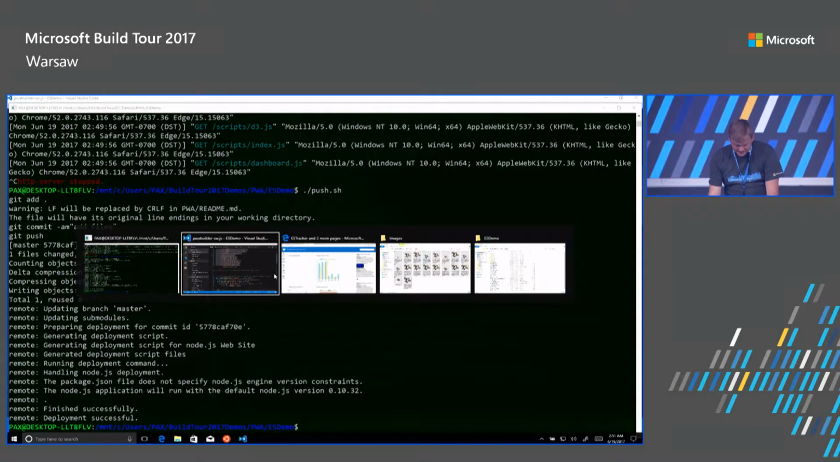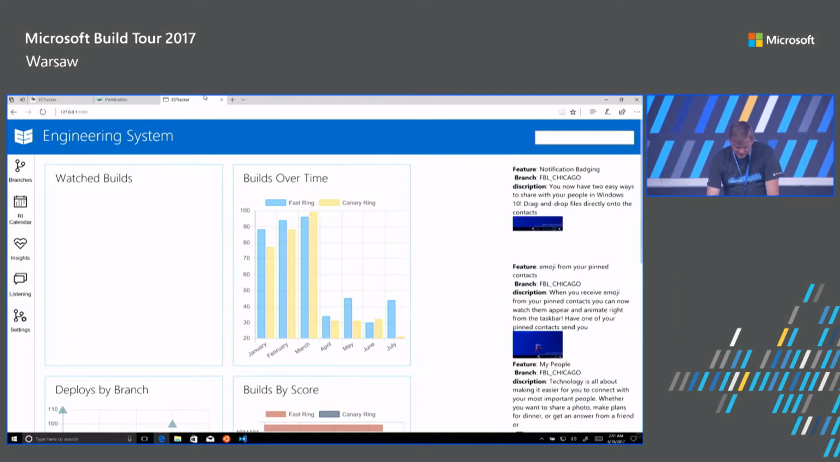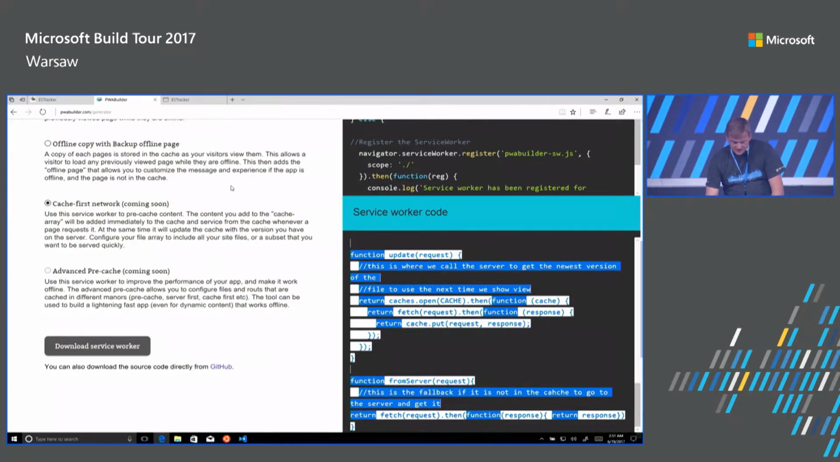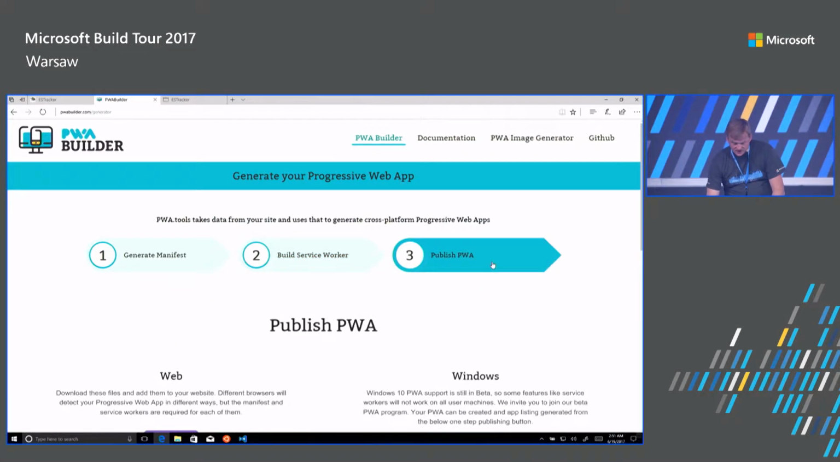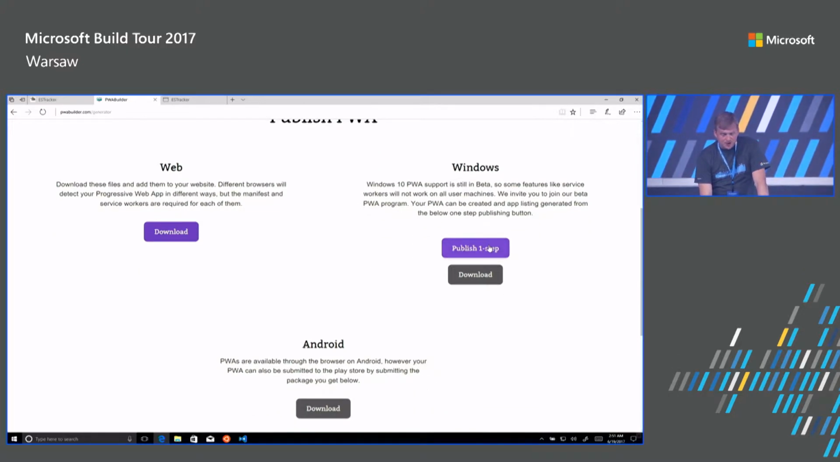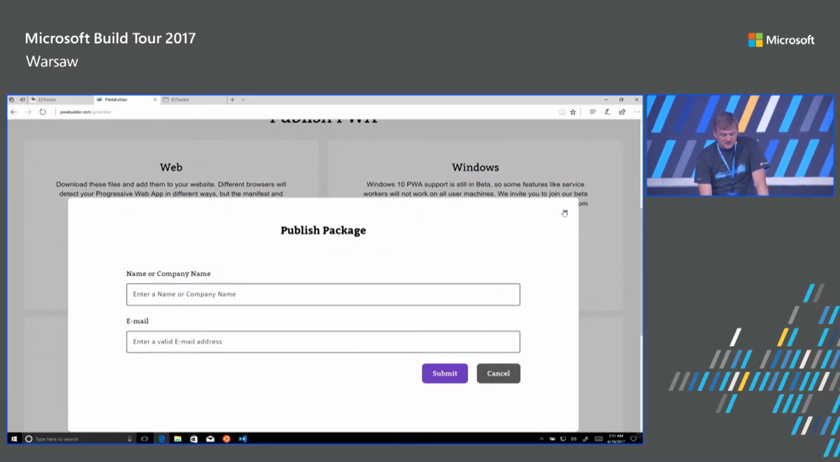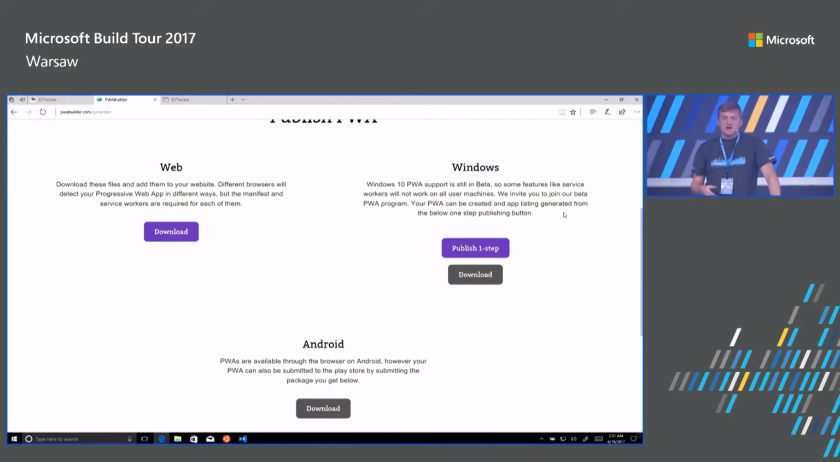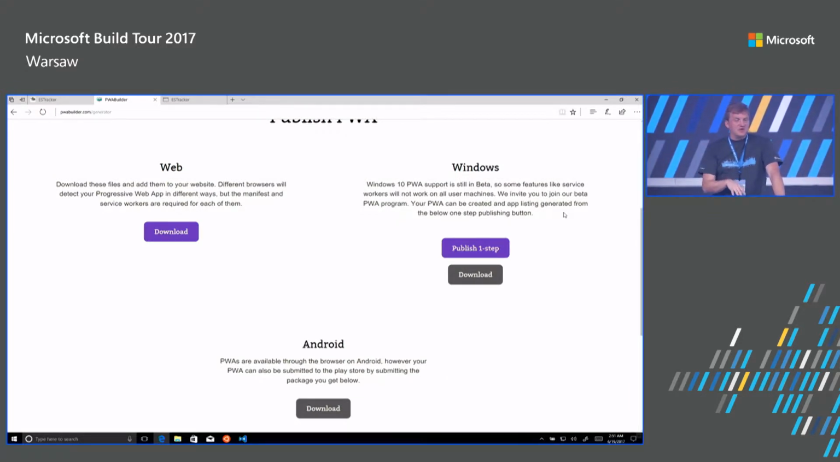So it's already updated. Now, when I go back to PWA Builder, the last step here is for publish. Now, we've just published to the web. We've added that stuff to our website. And now we want to create the listing for Windows. There is a publish one step here where it collects a little bit of information from me and then takes the info you get from PWA Builder and it adds it into the store listing so that you don't have to do anything to get your PWA